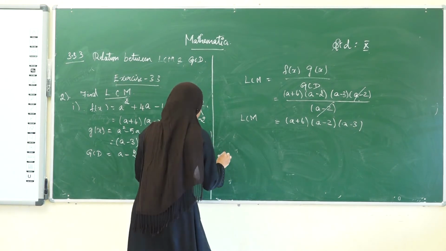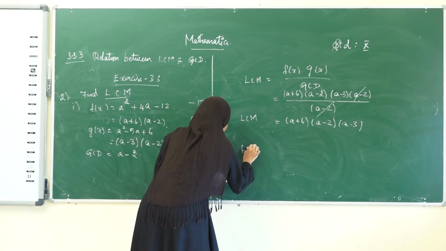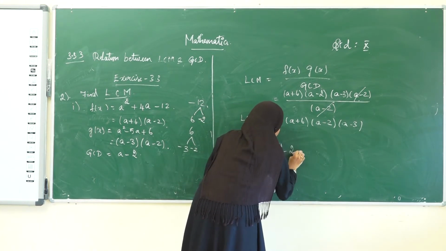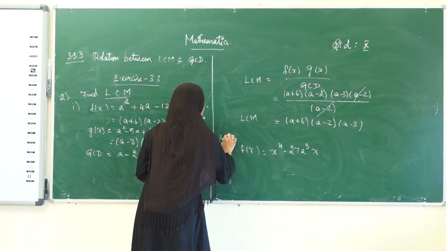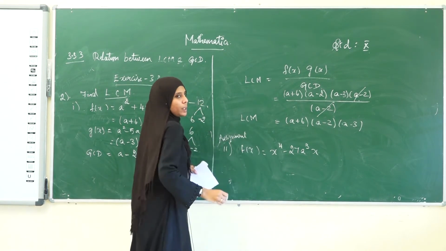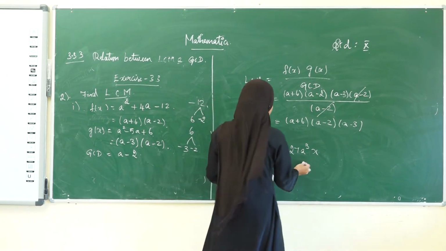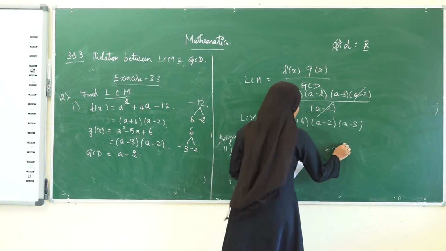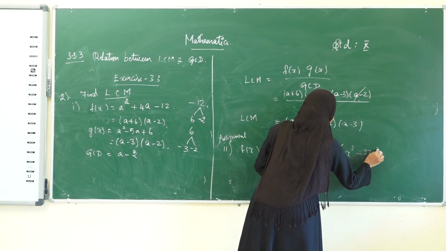See, in the second subdivision what they have given? They have given two polynomials. Let us take f of x as x power 4 minus 27 a cube x. See, this will be an assignment for you. This is the second assignment in this video. So f of x, let us take this. I will give you some hint. How can we take this? We can take the x outside. When we take the x outside, we just get x cube minus 27a cube.